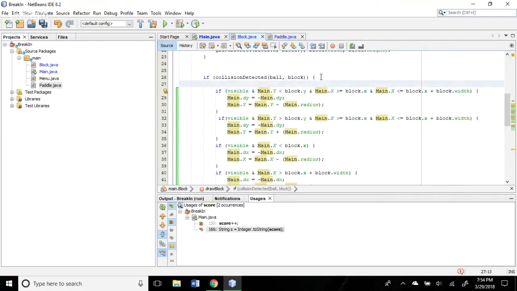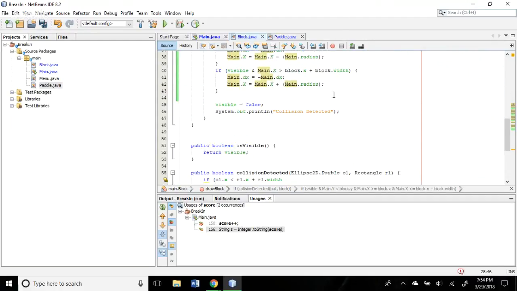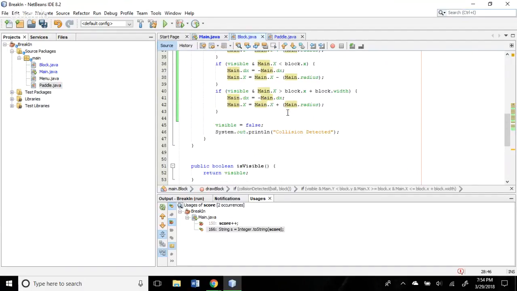Could we just do it here? Actually, no, because if it's not visible, go on down a second. Visible equals false. So right above visible false,